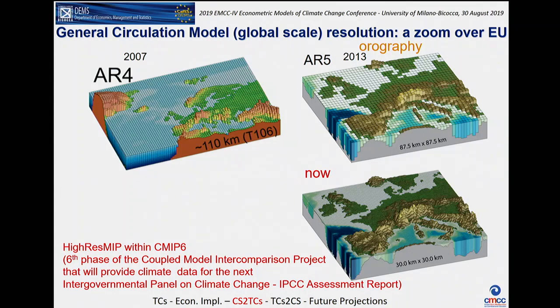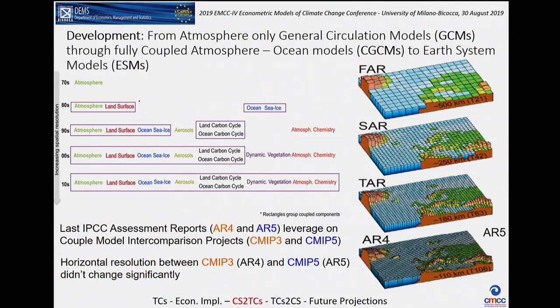So with different groups around the US and Australia, we are working on these models to investigate the effect of the hurricanes on climate, and the opposite. So we now have a really improved tool with respect to a few years ago. Together with the evolution of the horizontal resolution in the general circulation model, we also had an increase in the